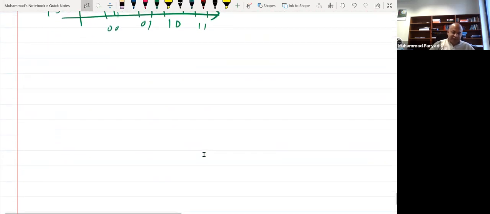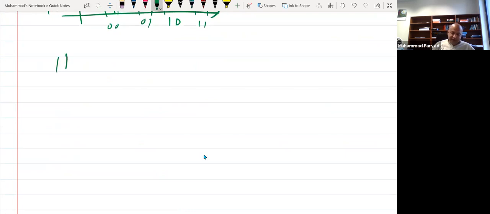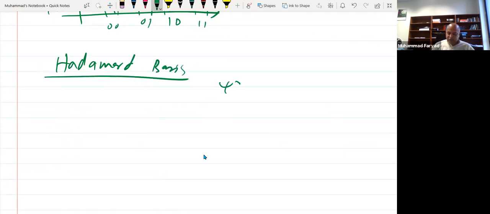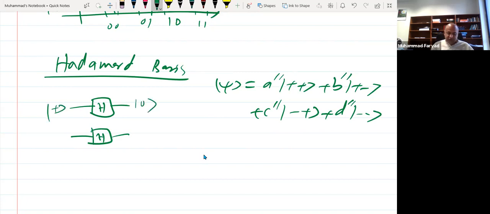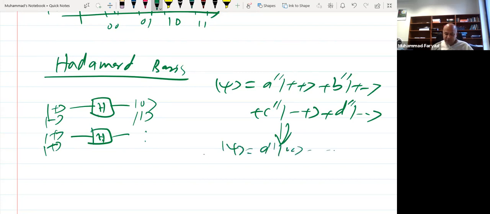Okay, I hope that you can now understand that if you want to measure in Hadamard basis, that you want to find out what are the weights in this basis, all you have to do is just Hadamard the input, because this Hadamard transform takes plus to 0 and minus to 1, and similarly, this one, that after this Hadamard transform, this psi will be converted to 0, 0, and so on. And if you do measurement now over here,